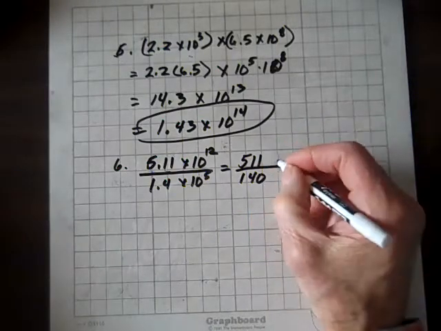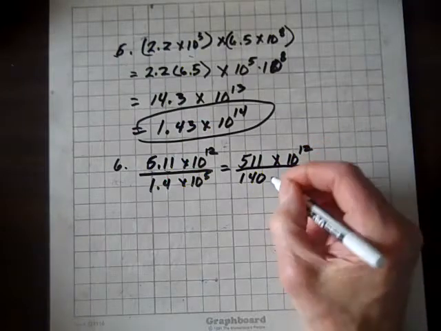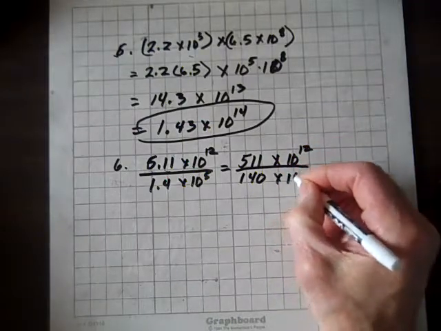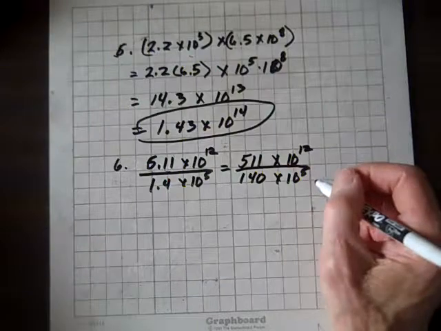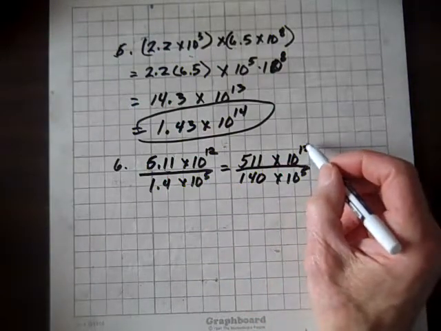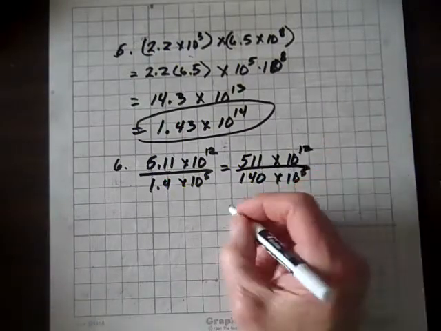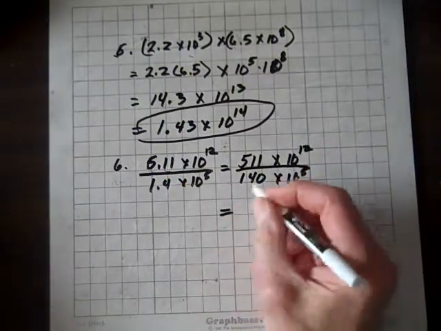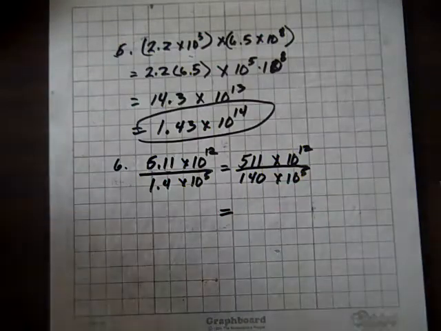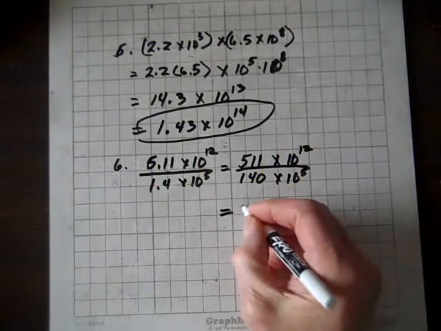And so now this still remains 10 to the 12th and times 10 to the 5th. We could have moved the decimals and just adjusted with the exponent on the 10, but I chose to do it this way. Anyhow, when you carry out the long division for 511 divided by 140, I get